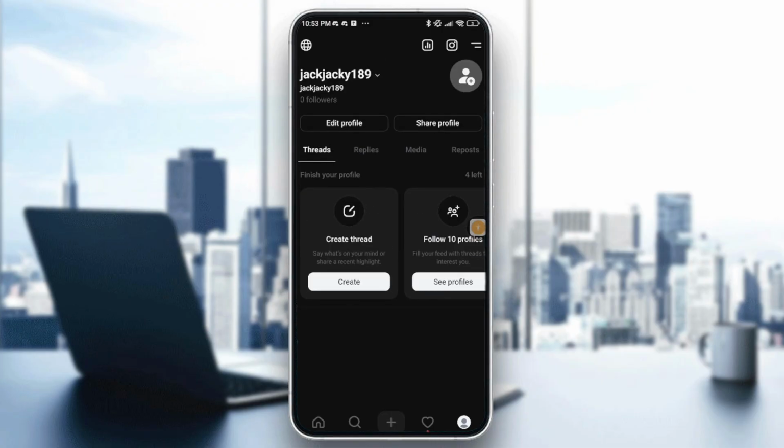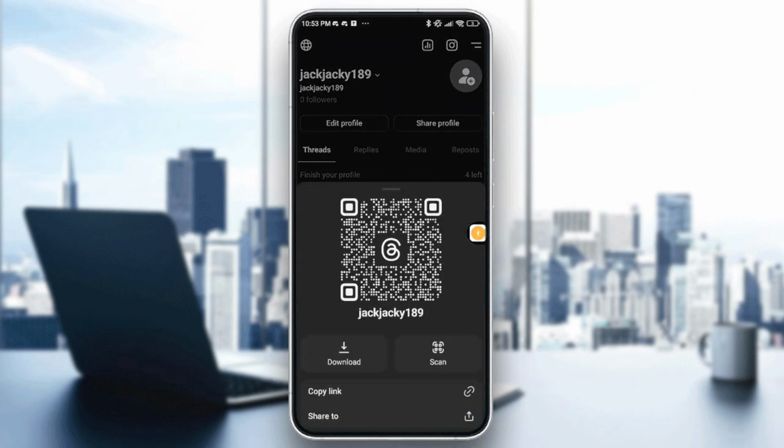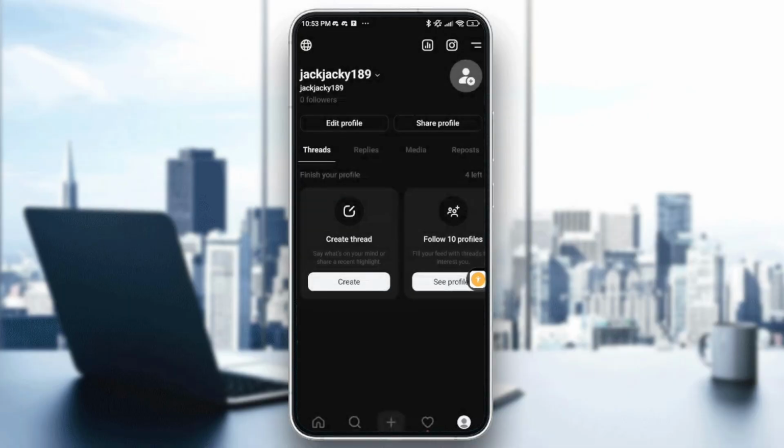Yeah, we are on our profile, and right here what I want you to do is to go into share profile. Right here, tap on it, and after that I want you to go into copy link. All right, and yeah, so go to your Instagram,